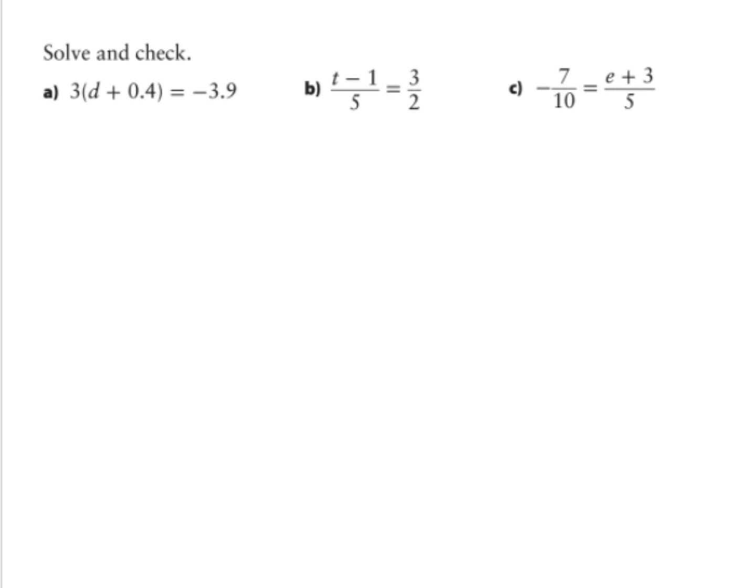So what we're going to do is just what we would normally do in an equation. If we want to get rid of something that's being divided, we multiply both sides by 5, like so. And what that does is it brings out this 5 from the denominator, and in fact it makes it disappear. So those 5s are now gone, and all we're left with on this side is t minus 1. And it equals whatever we get when we multiply 3 over 2 by 5. So when we do that on our calculator, we'll get 15 over 2, okay, which equals